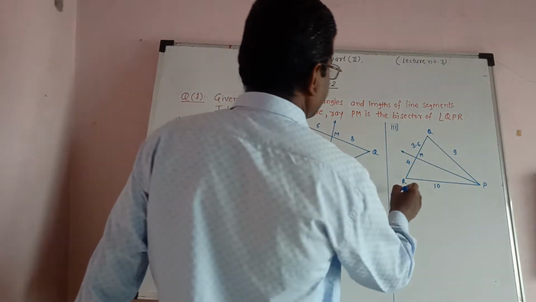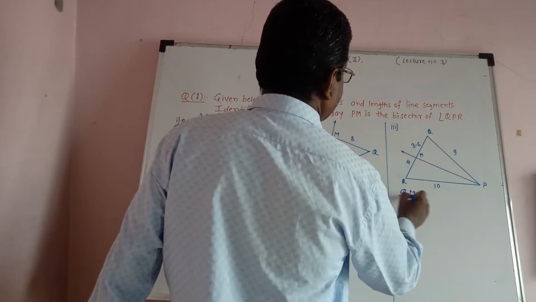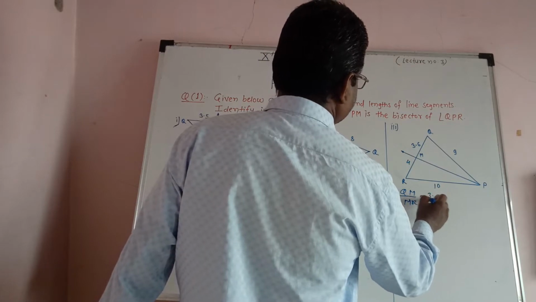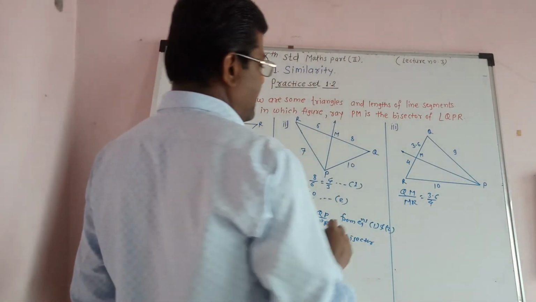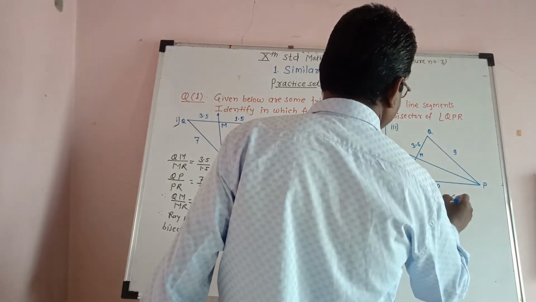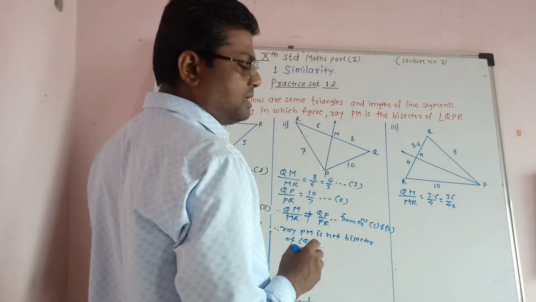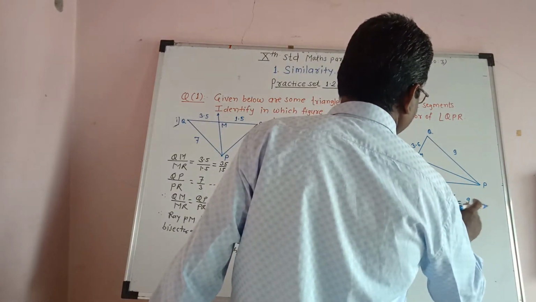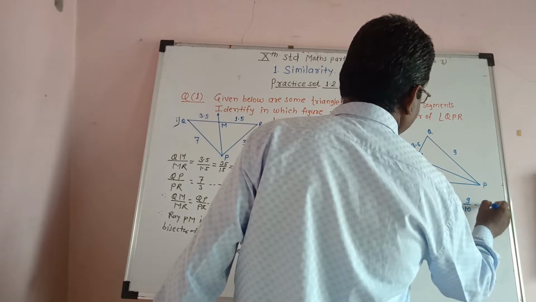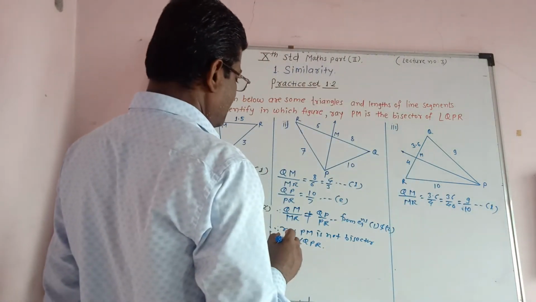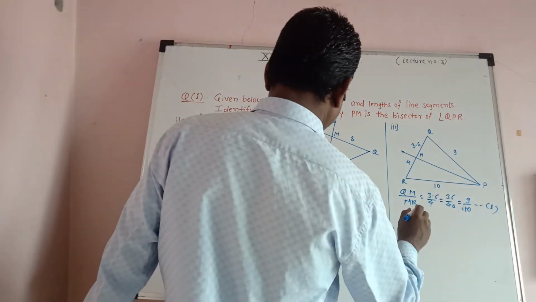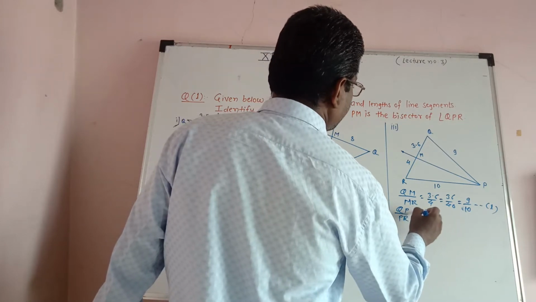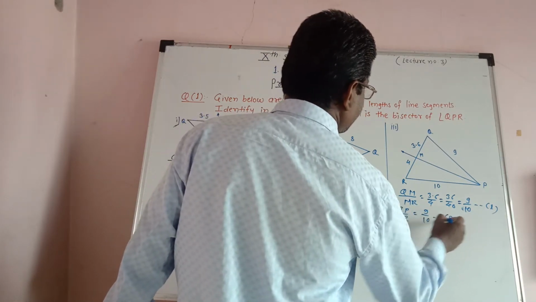Now example number 3. Take here the ratio QM upon MR, which is equal to 3.6 upon 4. Multiply numerator and denominator by 10, it will be 36 upon 40, divided by 4: 4 9s are 36, 4 10s are 40. This is equation number 1. Now take the ratio QP upon PR. QP upon PR is equal to 9 upon 10. This is equation number 2.